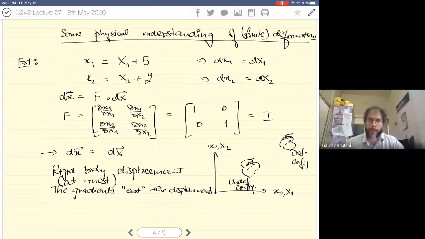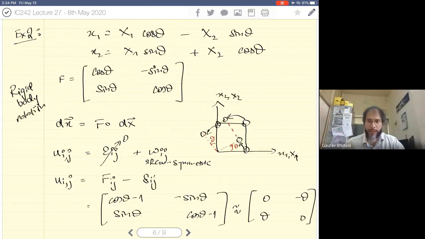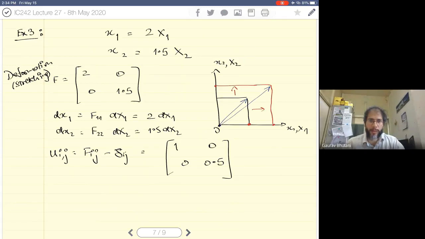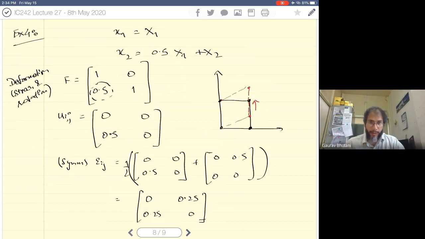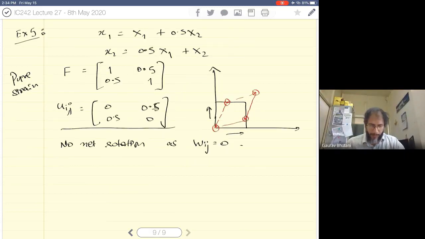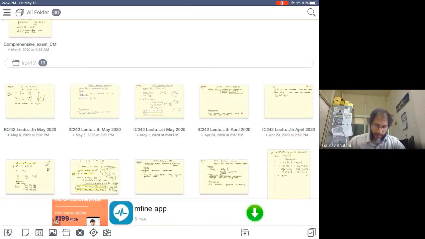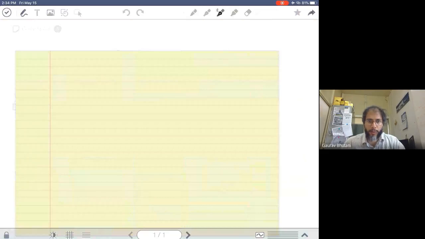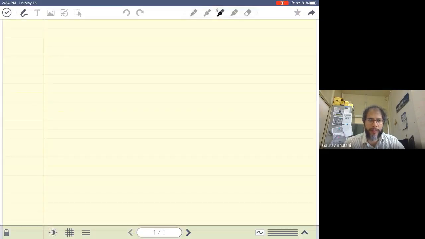Next, we talked about some physical understanding of finite deformations. I talked about some special examples where we tried to understand some special mappings and the corresponding understanding. So we started with simple translation, then purely rotation, then some deformations which involve stretching, some straining and rotation, and then finally a case where there was pure strain and no rotation. I hope you've got some understanding of what these deformations mean, and you will be able to see some mappings and calculate the F tensor, which is an important tensor,